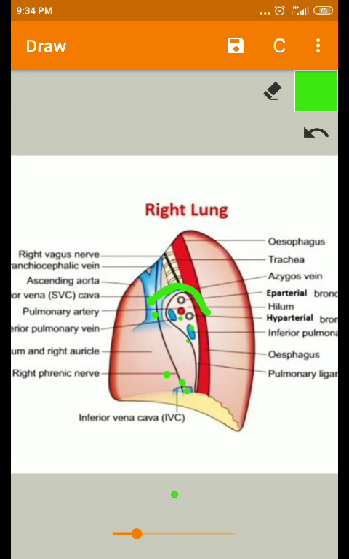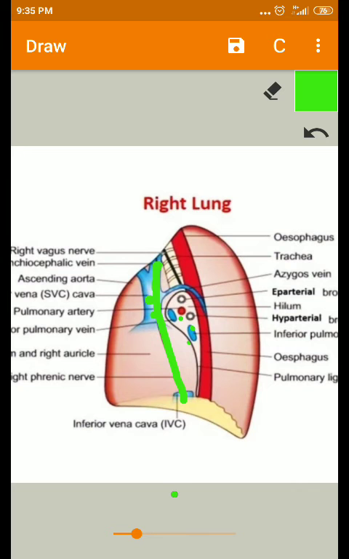Okay, now coming to the nerves, two nerves are related here. One is the phrenic nerve. So this one is the phrenic nerve. This phrenic nerve is coming over the superior vena cava and towards the inferior vena cava. Here this phrenic nerve is passing on the mediastinal aspect,